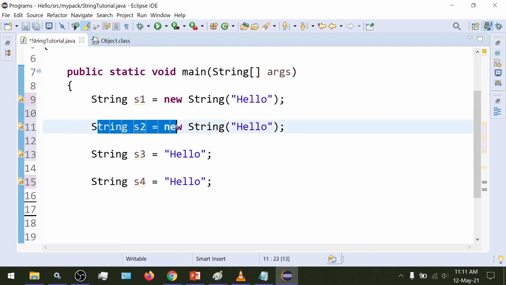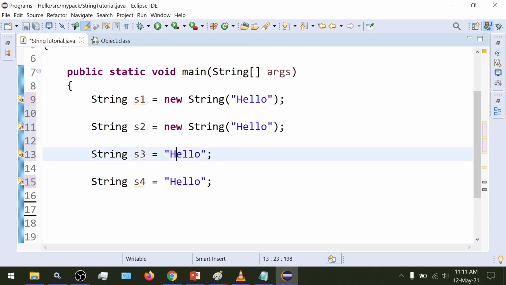Then we have string s2 equals new String hello. And then we have s3 and s4 with the content of hello.